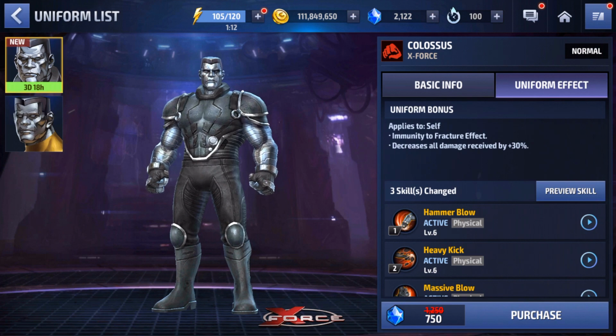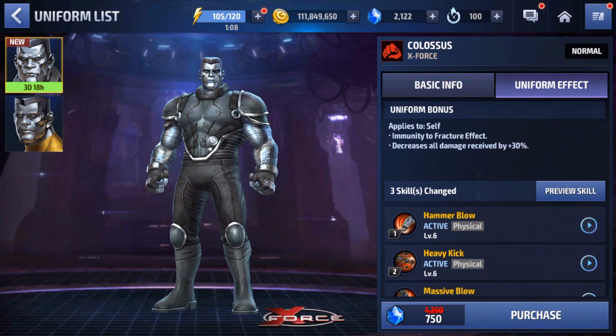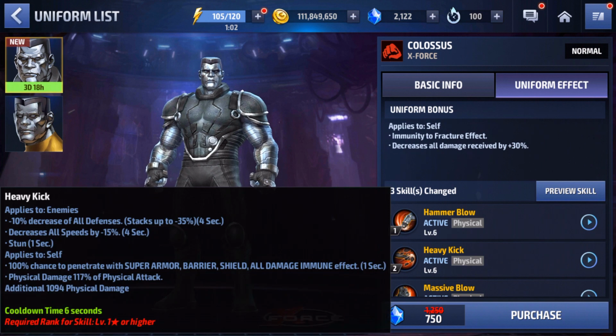So we have 3 skill changes here for Colossus: the first skill, the second skill, and the third skill. The first skill, we now have a stun and a fear, because that is new, so that's nice. And then over here we have the same effects in terms of the all defense and all speed down. I'm pretty sure those are the same. But then we also have a penetration effect here, which is really nice. So he's going to be able to do more damage now to enemies with...